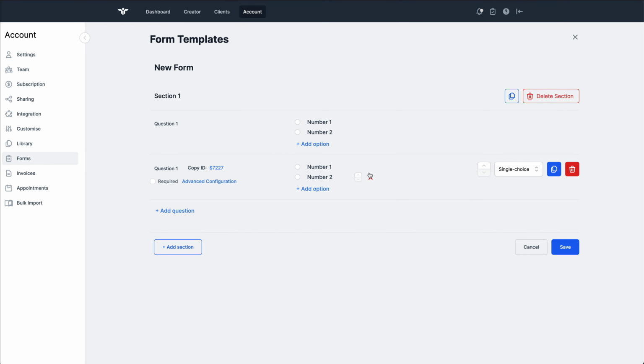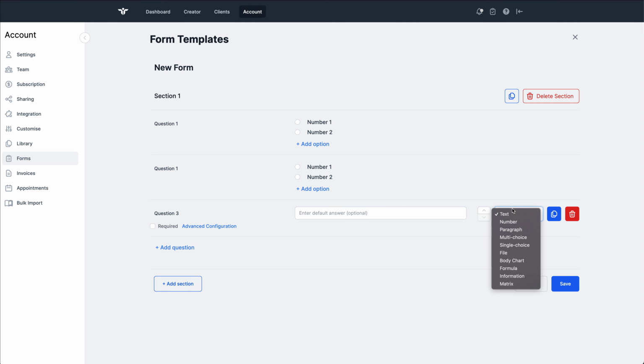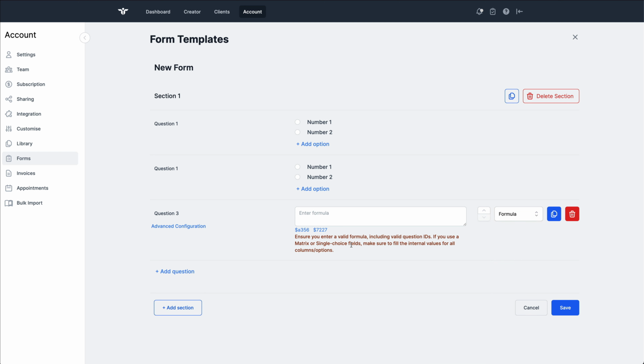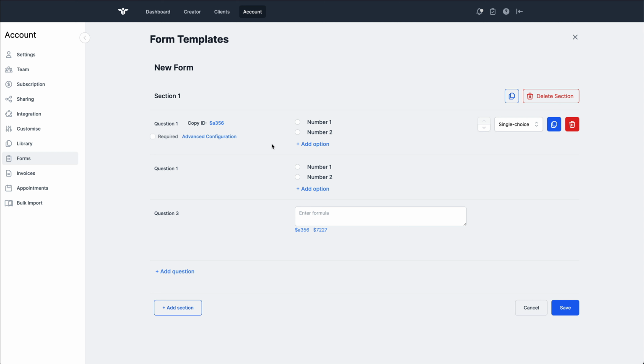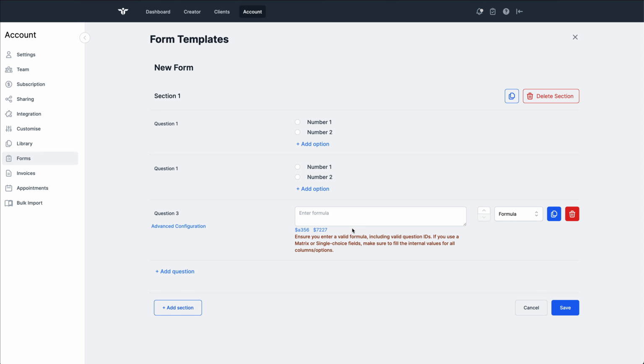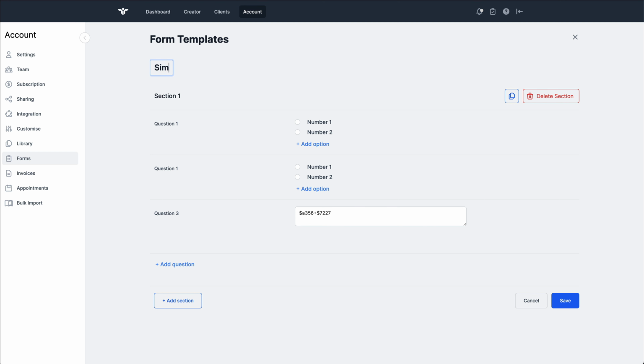And if we wanted to add these two questions together, we would add another question and we would select the formula field. And the question IDs for everything that is calculatable in this form is listed underneath this form. So if I just click on both of them, it's now going to add these two responses together. So I'll save this form as simple calc